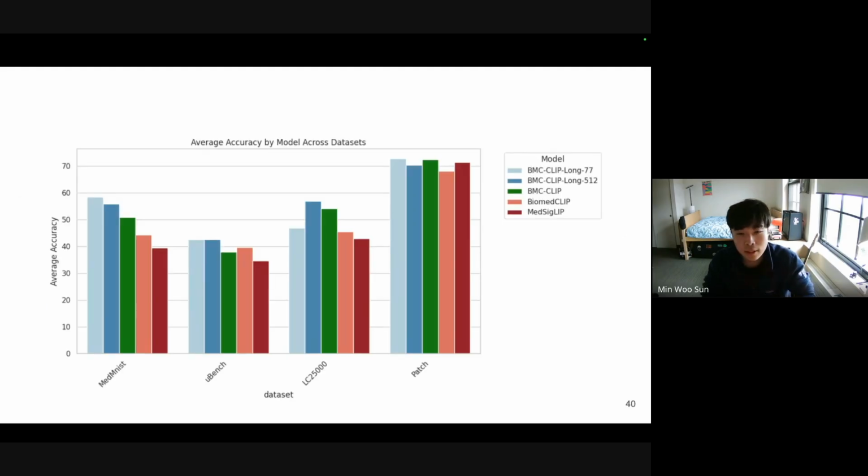If you take a deeper dive, these are some of the zero-shot classification benchmarks we're looking at. The blue and green here are our models, a family of Biomedica CLIP models, compared against BioMedCLIP and MedSigLIP. MedSigLIP is a model that just came out about a month ago as part of the MedGemma technical report release. Interestingly, our models that were only trained on scientific literature data are still able to outperform MedSigLIP, for instance, across all these different domains.